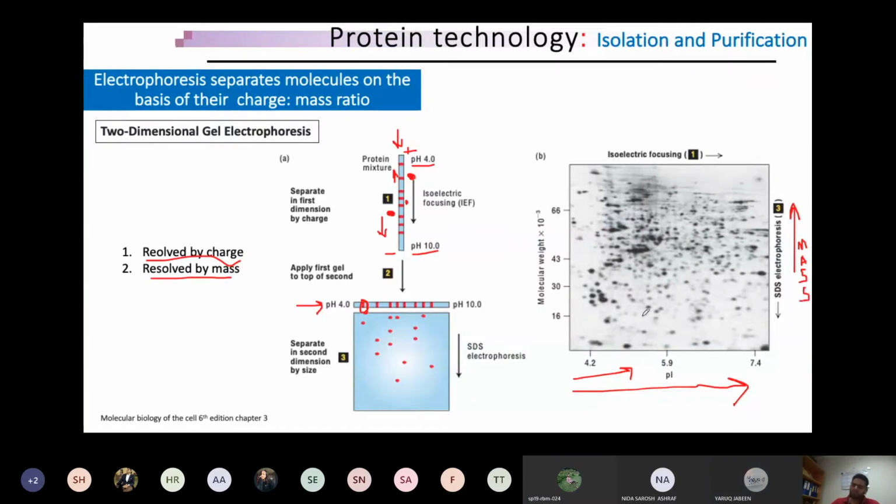So you see, there are proteins at one corner with less molecular weight and less isoelectric point, less positive, less charged. So we could say these are maybe the negatively charged proteins, if I'm not wrong. On the other corner, there are proteins with highest molecular weight and positively charged protein, if I'm not wrong,